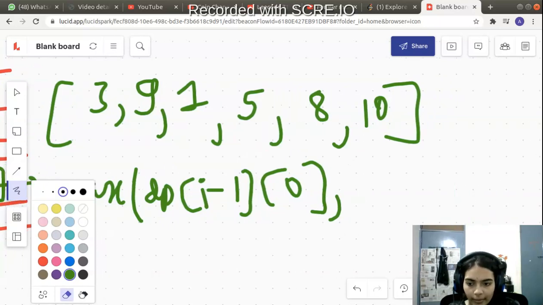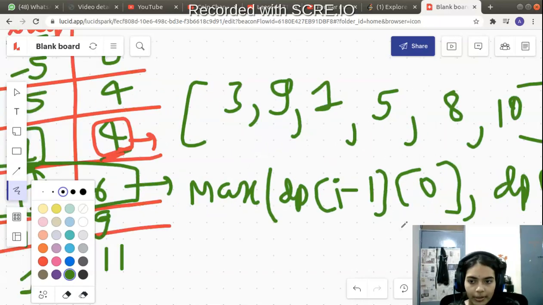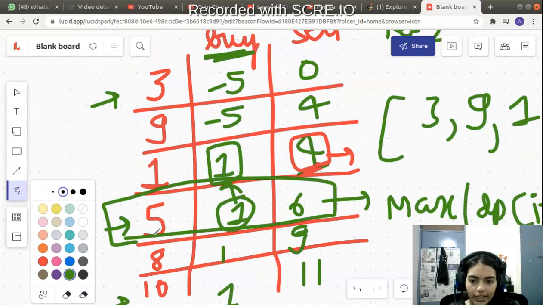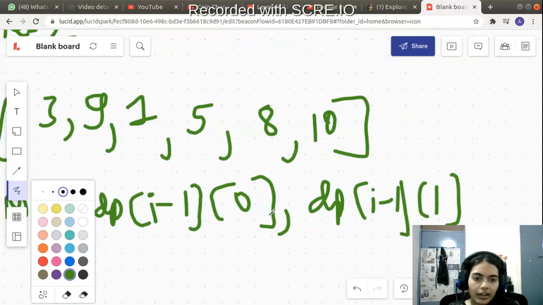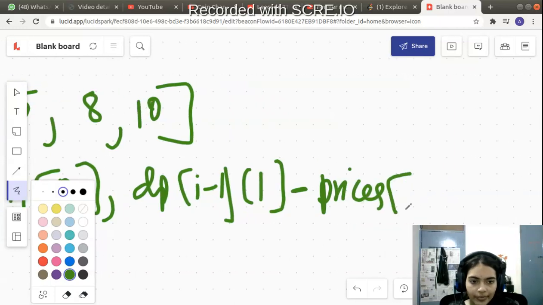So what does that mean? That means dp of i minus 1 and index 1. This represents this data value. But I'm buying the stock on this day, so I will have to spend the cost of buying on this particular day. So what is that cost? That is just prices of i, right? I am at the ith index, so minus prices of i, minus fee. Okay, minus fee.